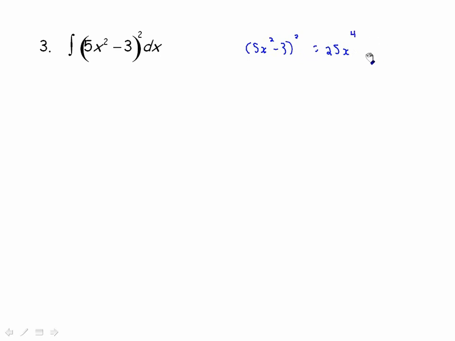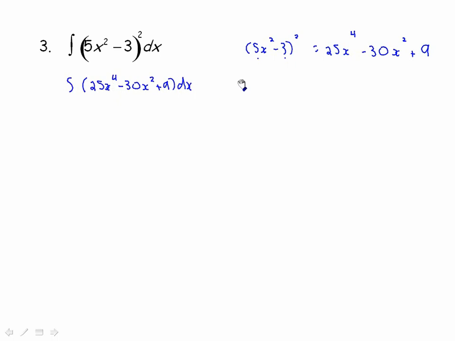And then the second term would be minus 2 times AB. So that would be minus 2 times 15, which is minus 30x squared. So it would be minus 15x squared plus 9. So this expression would really be equal to this: 25x to the 4 minus 30x to the 2 plus 9